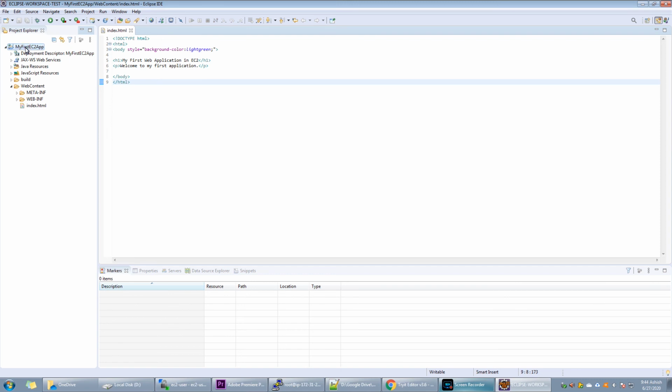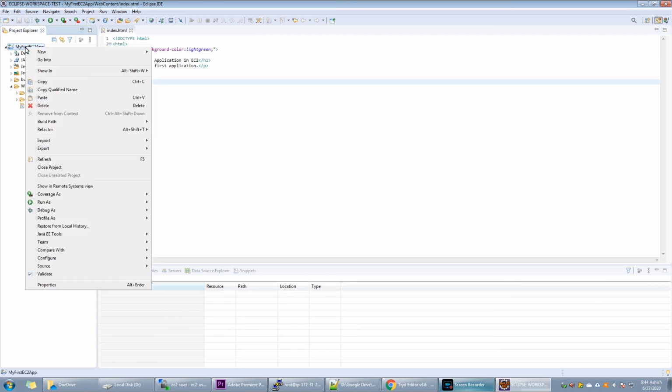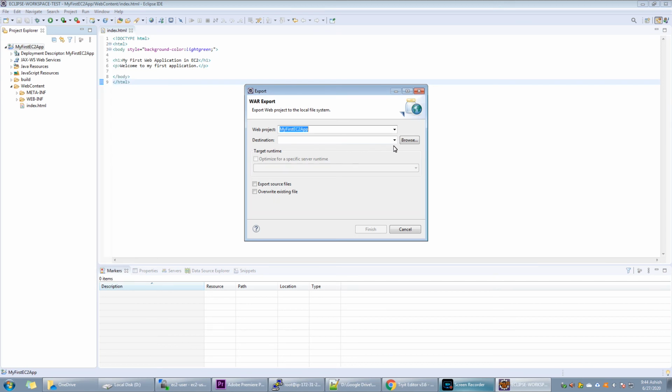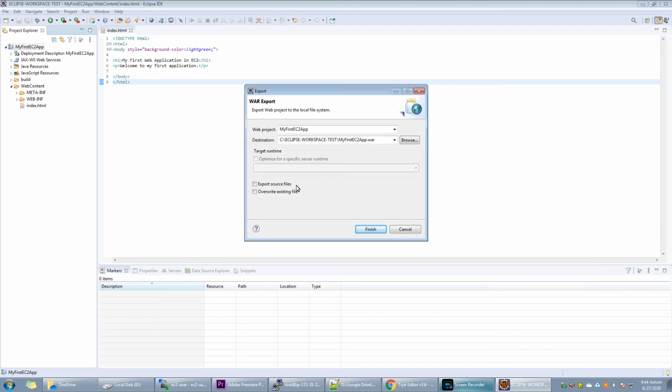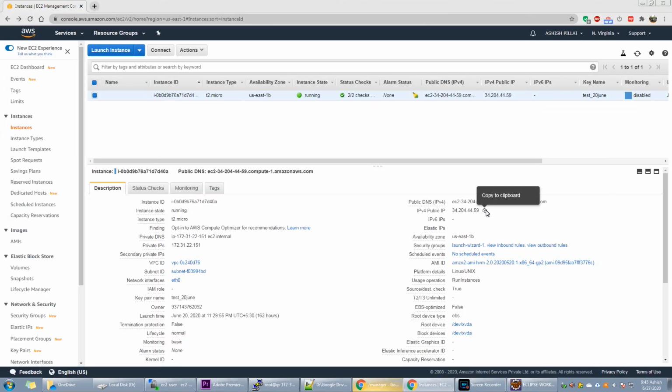We need to export the WAR file so that we can deploy it. Now open the Tomcat URL and the application manager.